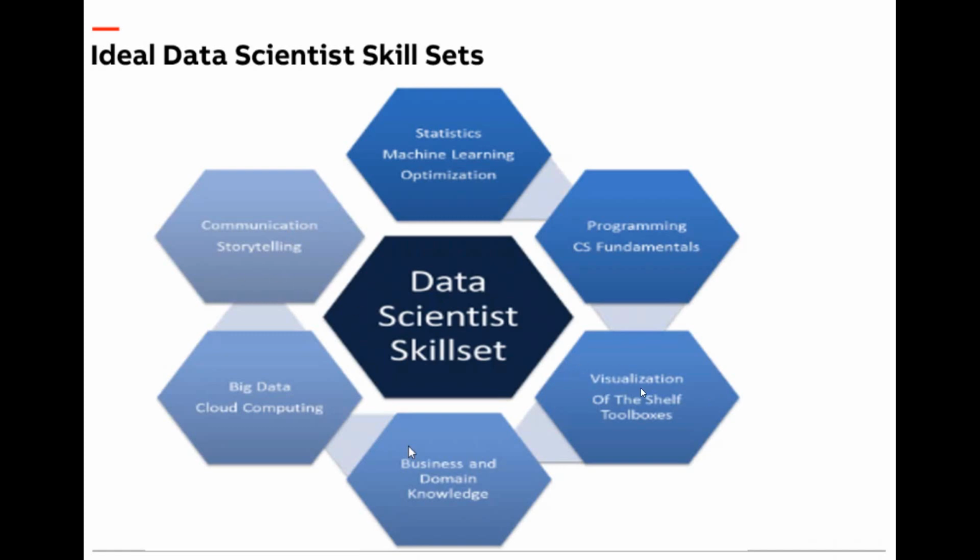If you want to show the result to the customer, you first need to visualize the data using standard tools like Tableau, or in TensorFlow there is TensorBoard which you can use to visualize data, and there are many machine learning libraries like PyPlot where you can show those visuals. Communication and storytelling means you have to communicate the result in the form of a story to the customer by visualizing that data. So these two are very effective.